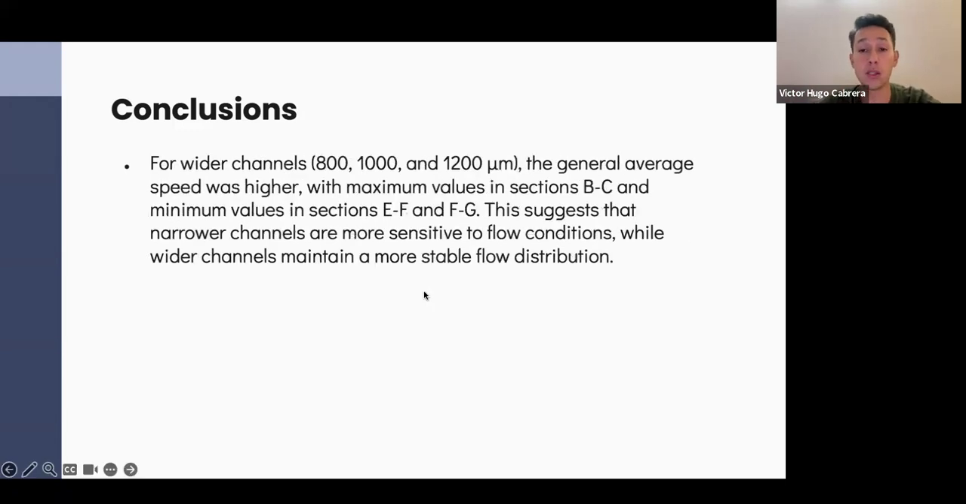At the end, what we can say is that with the smaller channel size we have lower velocities, and that means that when we increase the size of the channel, we are going to increase the velocity. That is a characteristic that is important to us in order to develop